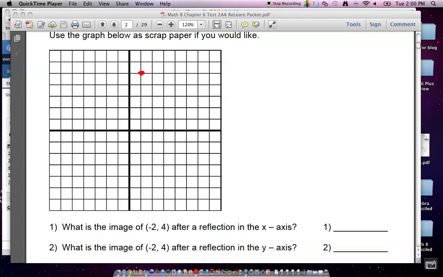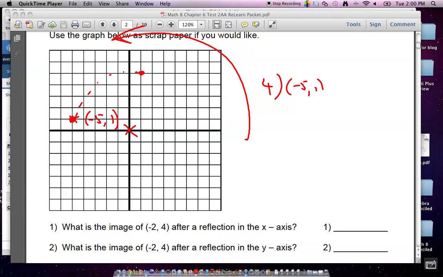Now, what I'm going to do is turn counterclockwise 90 degrees. And the best way for you to do it is to put your finger in the middle of the paper and just spin your paper 90 degrees. When you do that, this point is going to end up over here. And the coordinates of that point are -5, 1. If you do that with your paper, you will see that it works. And you come up with -5, 1. So the answer to number 4